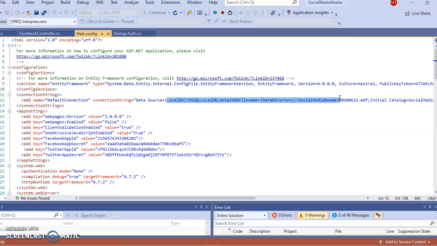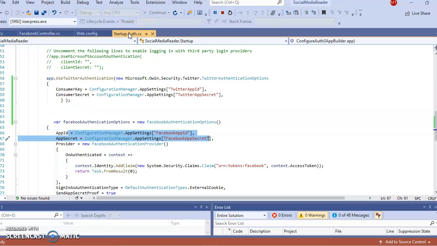So its details are given in this data source. Also, we have the Facebook app ID, the Facebook app secret, the Twitter app ID, and the Twitter app secret. These four details along with their values, which we receive from the API request, are included in web config in order to fetch the data from Facebook and then post it onto another web.